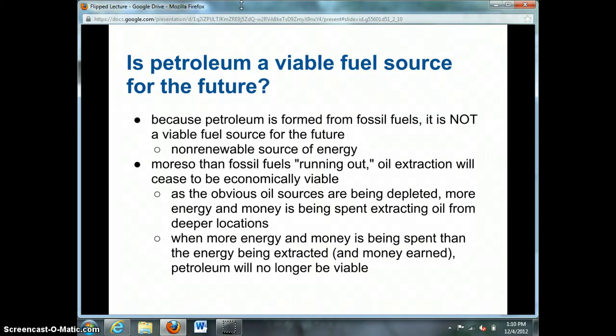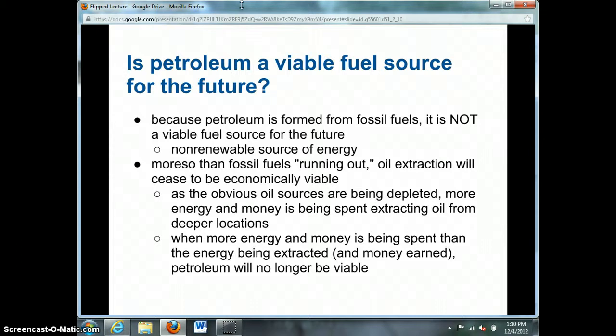Okay, and lastly, is petroleum a viable fuel source for the future? Because petroleum is formed from fossil fuels, it's not a viable fuel source for the future, because fossil fuels are, as we know, a non-renewable source of energy. But the main argument,